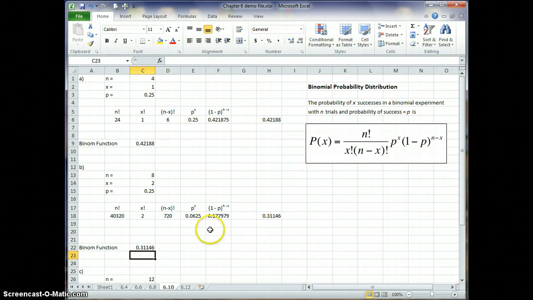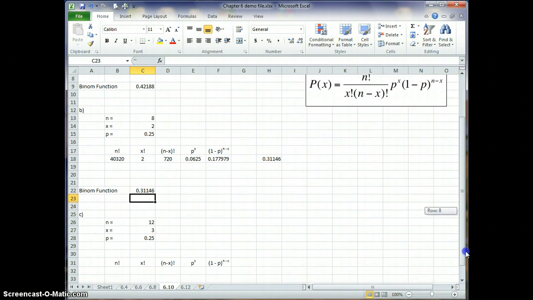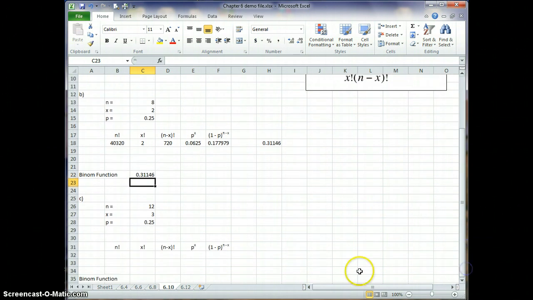And again, it's important to go through and show your work here, because if you happen to put something in wrong just using the binomial function, then I have to assume that you really don't understand it. Whereas if you show me the work and how you did it, even if you did a minor miscalculation, I'll be able to give you more partial credit, because I'll be able to see at least the flow of how you did the calculation. And we're going to do it for the last one here, which is for